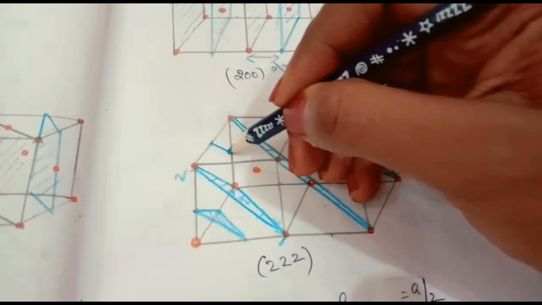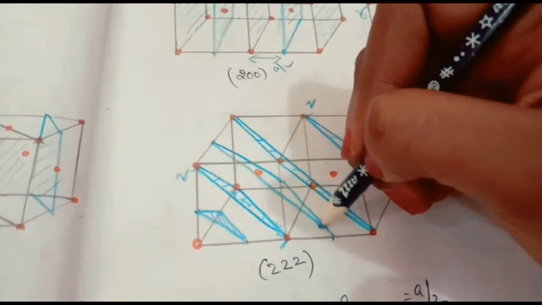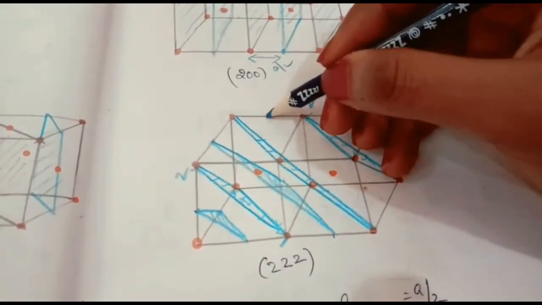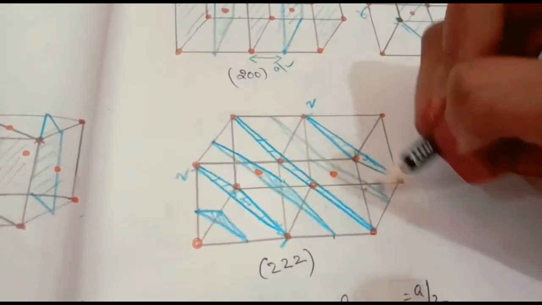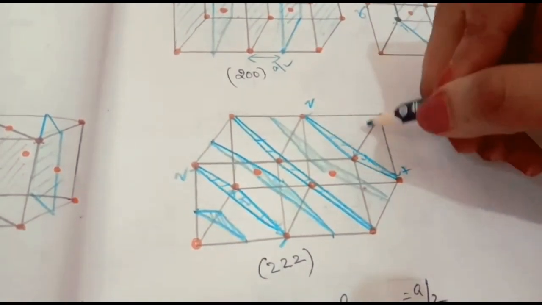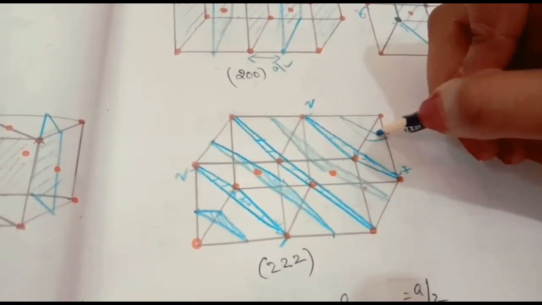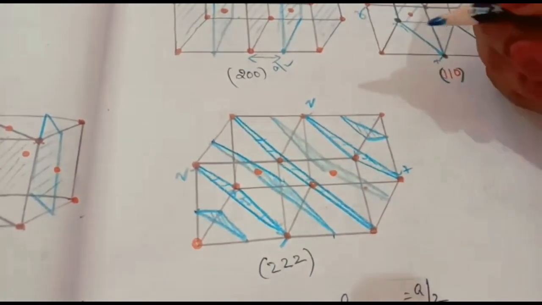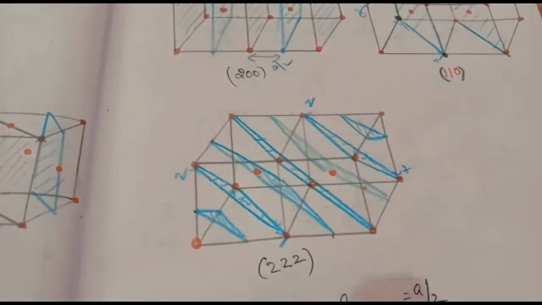So then these are the another points. So this plane is parallel to this. Then another plane here. So that should pass here. So this is another plane. Then here also these three axes are there. So we should touch these axes. So this is another plane. So we should pass the planes in between these two successive planes.